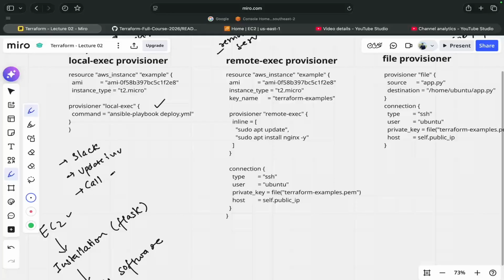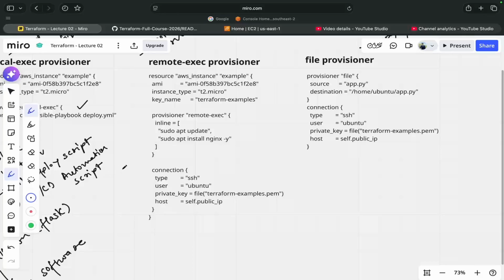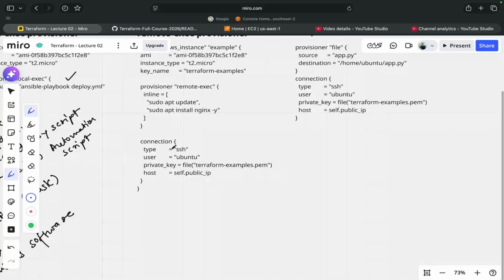Okay, you can call deployment script as well, and you can run CI/CD automation script, right? So for example, after your resource is created, your EC2 instance is created, what you want to do is you want to deploy a app, right? And in that case, after this resource is created from your local, you can deploy a script which can deploy your application, correct? Now here comes the remote exec provisioner where it runs commands inside the created resource via SSH,